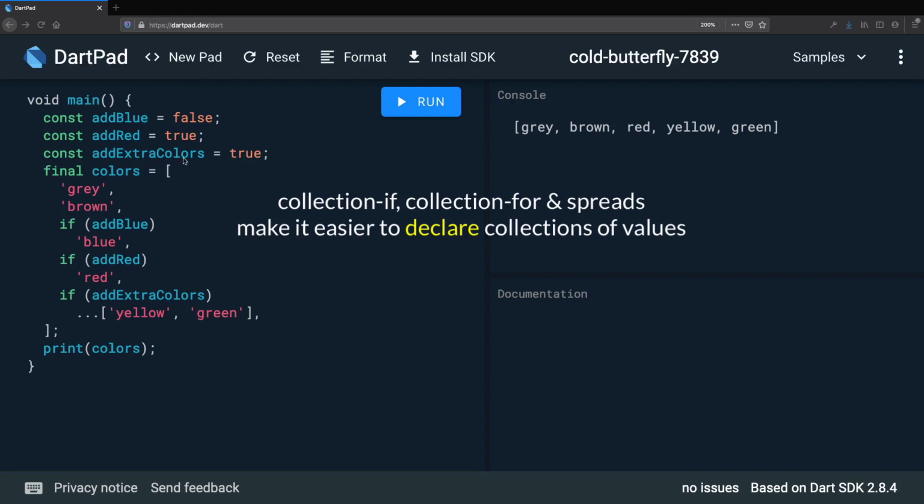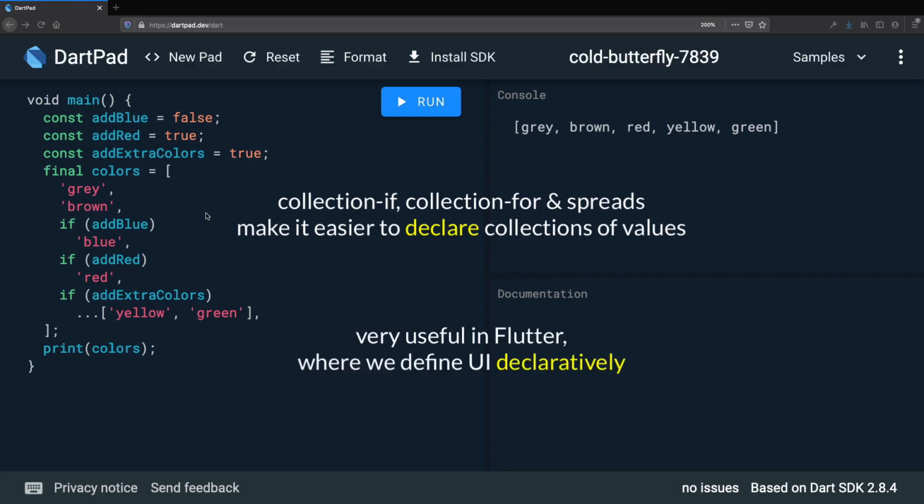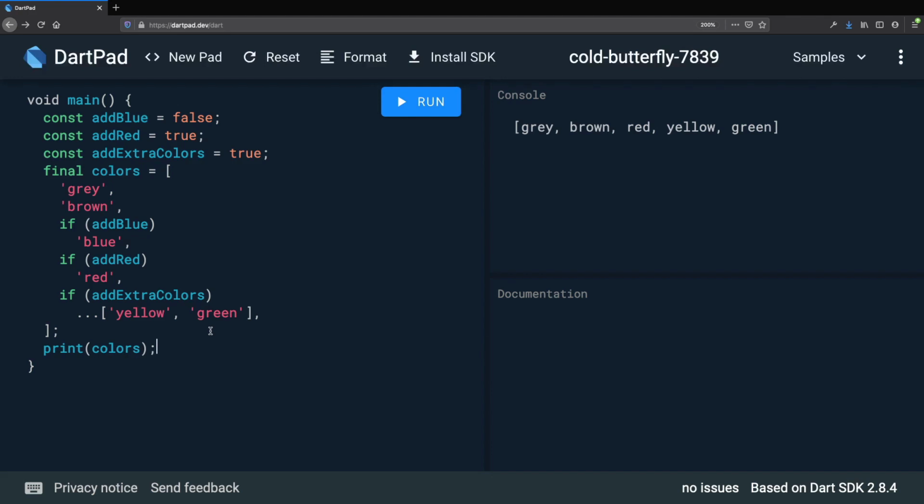And while this example program is very simple and doesn't do much, these features are very useful when we write Flutter apps. Because in Flutter we use a declarative syntax to specify how our UI looks like. So using these language features can really improve the style and readability of your code. Before we move on, I also want to mention that these features don't work only with lists, but with sets